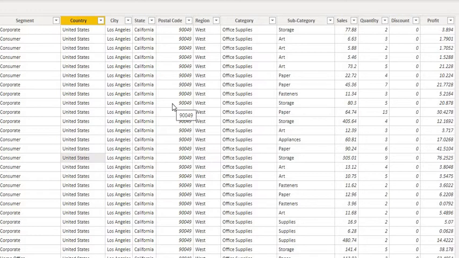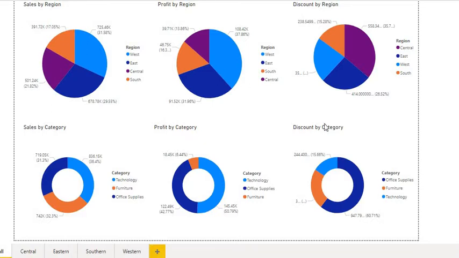We will have a visual representation of this data through bars and graphs. I have made those bars and graphs with the help of Power BI. So let us have a view. This is the overall view of the data. In the first diagram, it is a pie chart where I have plotted sales by region. There are four regions: West, East, Central, and South.